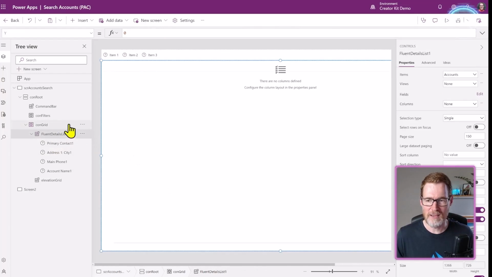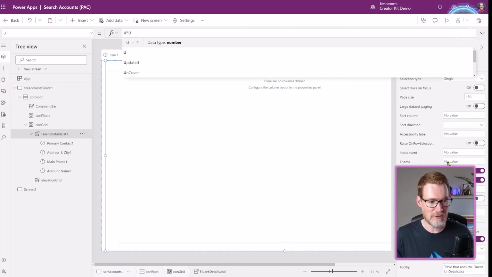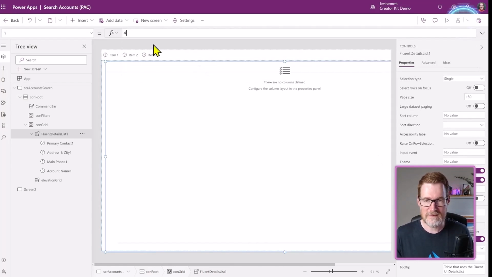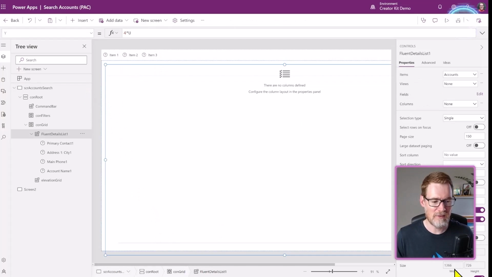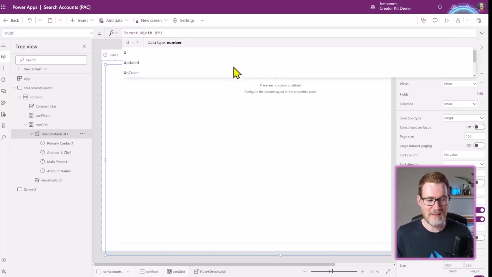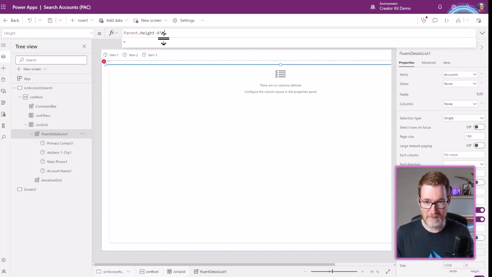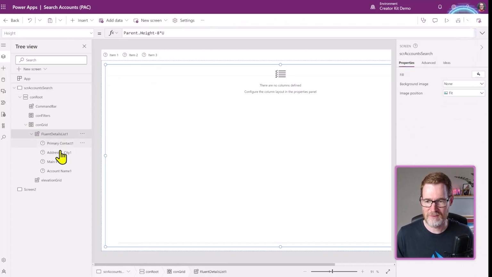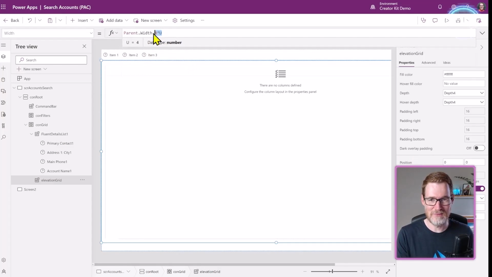But at least we've got the ability to put that in there. It didn't quite work. I don't know what happened there. So 4 times U. There we go. It's positioned there. And now the width and the height. Did I just set the wrong height and width of something? And make the height minus 8 times U, like that. So it's now positioned. Did I set the elevation to be that? I did. Let's just set that back to 0, and the width. Remove that. There we go. So that should work better.